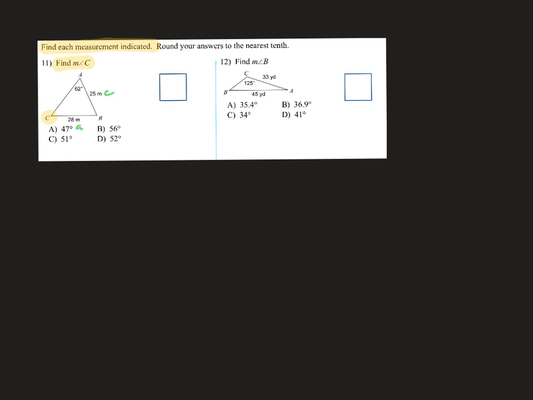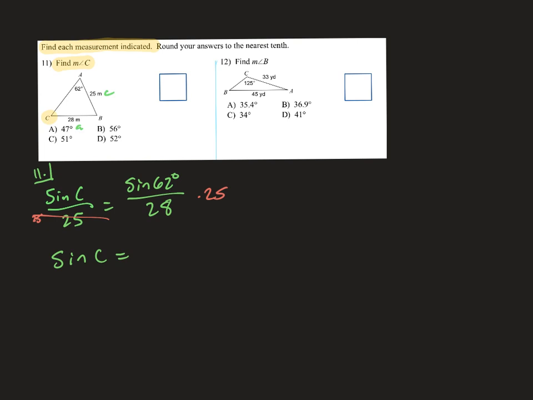So I'm trying to solve for angle C, so I'm going to write down sine of C. That goes over side C, which is 25. And that's going to equal sine of A, which is 62, over 28. I'm just going to label this as number 11 here because I'll do number 12 in a second. Okay, to solve this problem, we multiply both sides by 25 to cancel out this denominator. And then to get the sine of C,